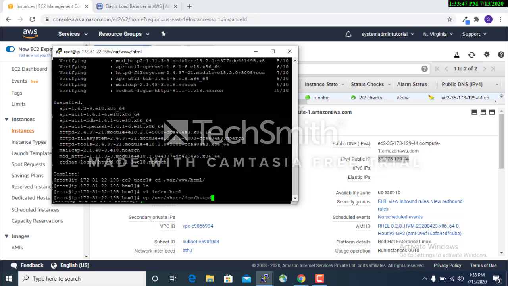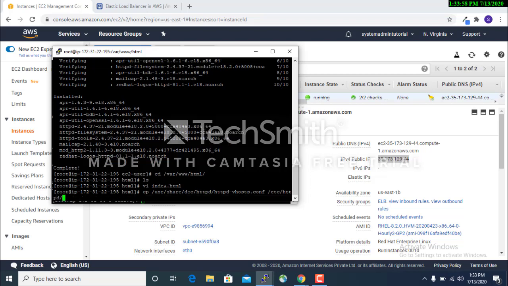Then you go to the httpd, the file is there. Then you copy it to /etc/httpd/conf.d/webhost.conf. Always keep the file as a .conf file.